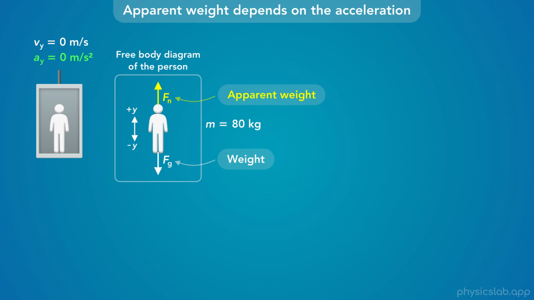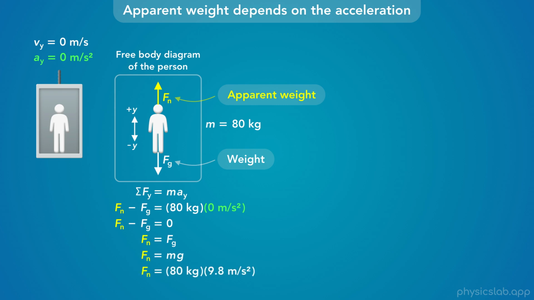We can find the weight using the weight equation, but to find the apparent weight, we need to use Newton's second law in the y direction. The net force is the normal force minus the weight force, because we said up is positive. We plug in 80 kilograms for the mass of the person, and 0 meters per second squared for their acceleration. The right side of this equation just becomes 0, which means the normal force is equal to the weight force. We can replace the weight force with mg, and plug in 80 kilograms for the mass, and 9.8 meters per second squared for g. That gives us 784 newtons for the normal force acting on the person,